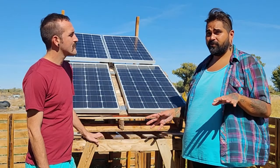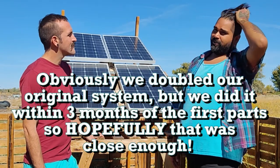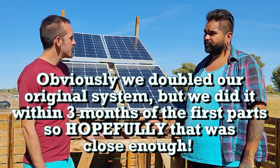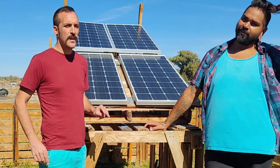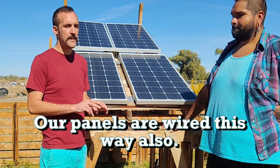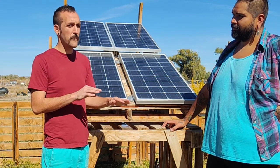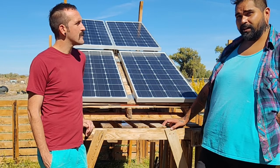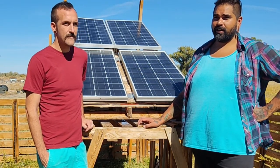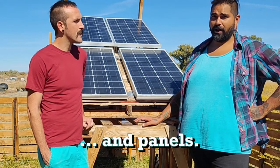You're not supposed to have different ages of equipment in your solar system, so we kind of just have to wait for it to die out at this point if we want to make it any bigger. Yeah. And they're 12-volt batteries, but we have them wired up in series and parallel, so we have basically 200 amp hour 24-volt batteries. You would do that because it requires less amps, so our charge controller can handle up to 40 amps, so wiring that way just allows us to have a lot more batteries,